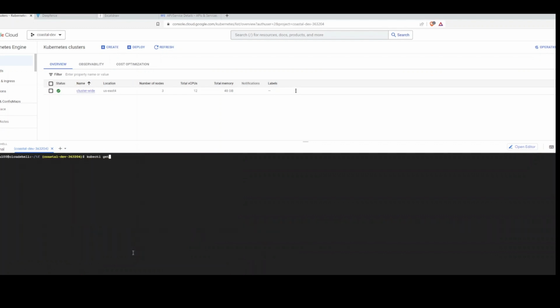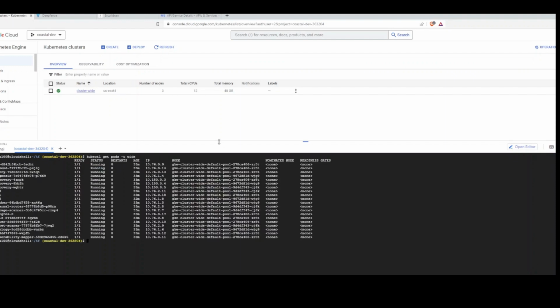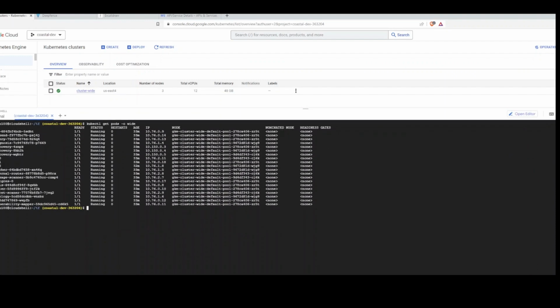So if I do a kubectl get pods, right, I'll do a wide. So there's going to be a lot running here. So effectively what we're seeing is how Deepfence is working, right? So we have the API, the backend, and we have the diagnosis container as well, or pod, if you will. And we have a couple other things going on. Now, of course, this is quite a good amount of resources that you're going to need from the cluster's perspective,